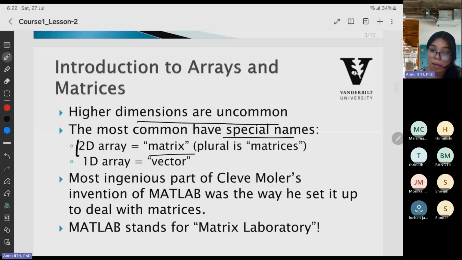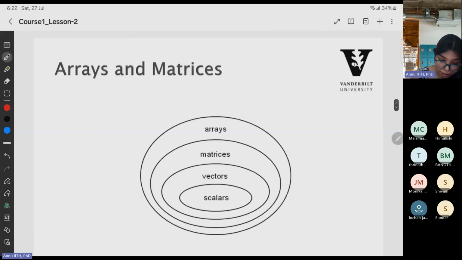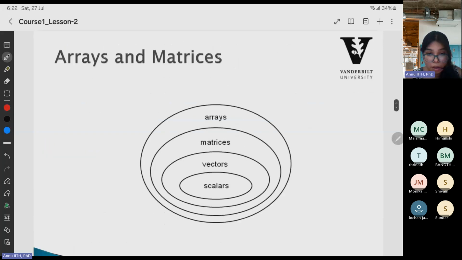A 1D array is called a vector, the standard term. And MATLAB stands for matrix laboratory, as someone told. And if we see the graph, so if we have